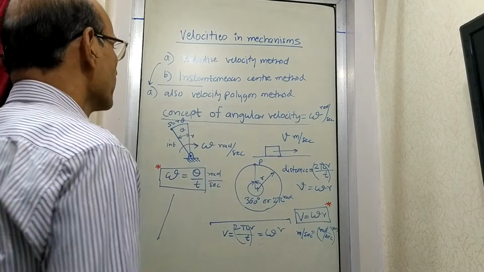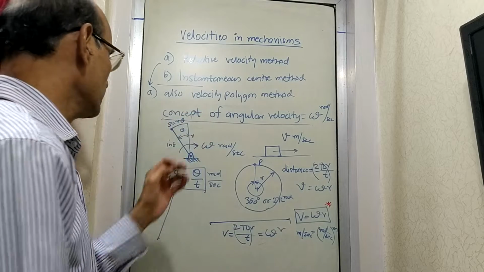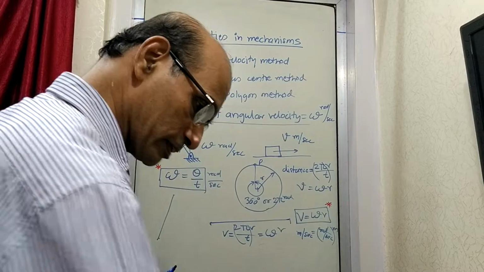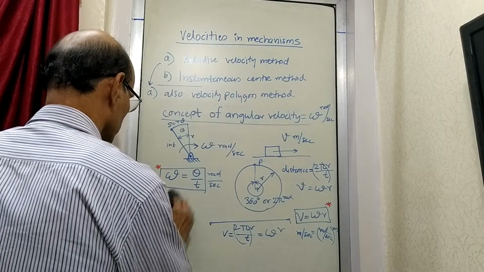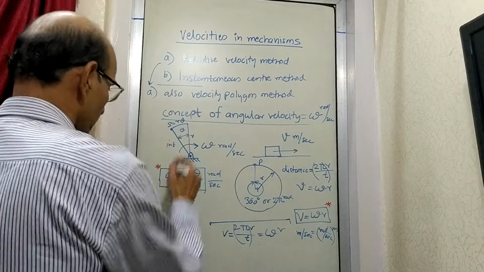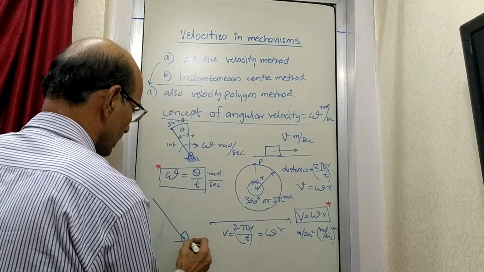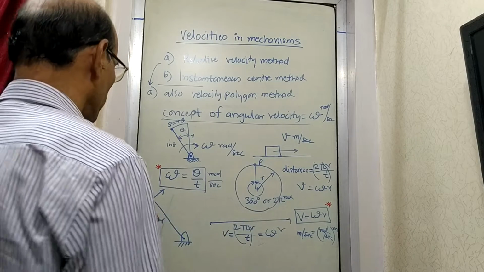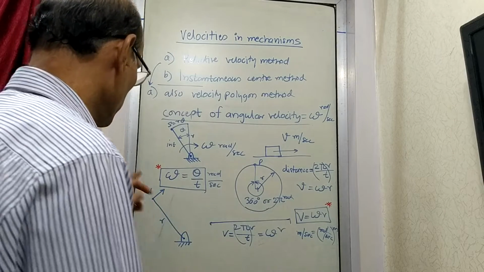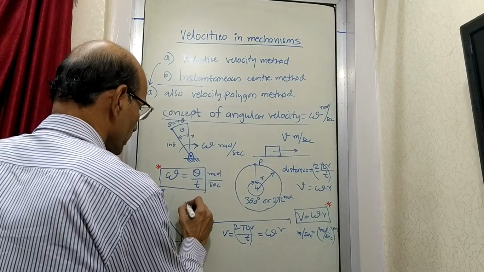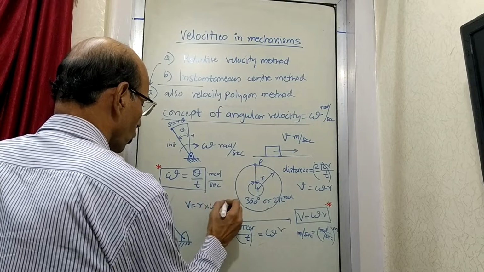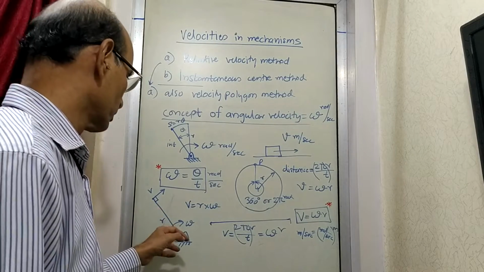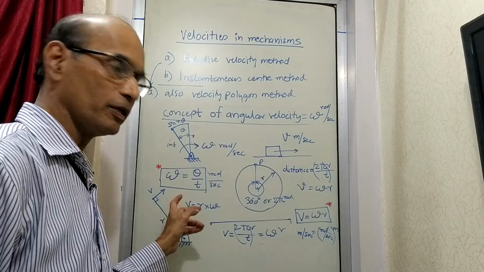So its linear velocity will be, if I show the linear velocity, I will have to show it like this. The same figure I'll draw again here, slightly larger, and say that this is the velocity v of this point in this direction. Of course this is perpendicular, and this v is given by r into omega, where omega is the angular velocity of this point. So r into omega is the linear velocity of this particular point.